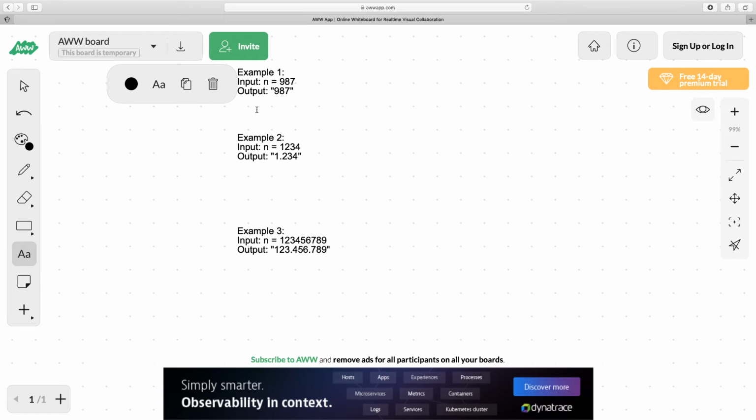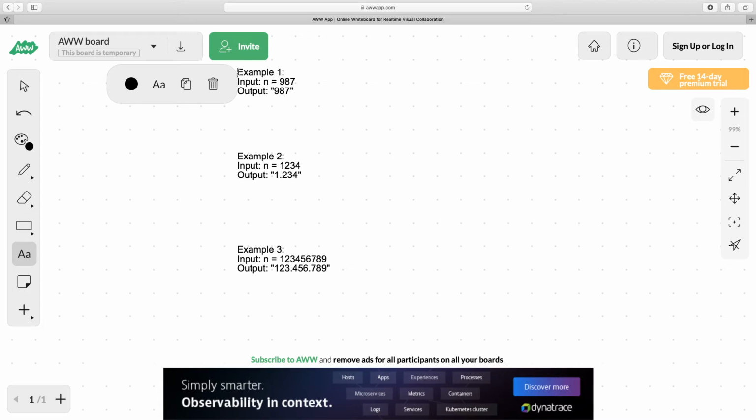One thing to keep in mind is that the thousand separator is only applicable when you have a 4-digit int or greater. When you have a 3-digit int like this, or 76, which is a 2-digit int, or 8 or 0, you don't need a thousand separator. You only need it when it's a 4-digit int or greater. So in this basic edge case,